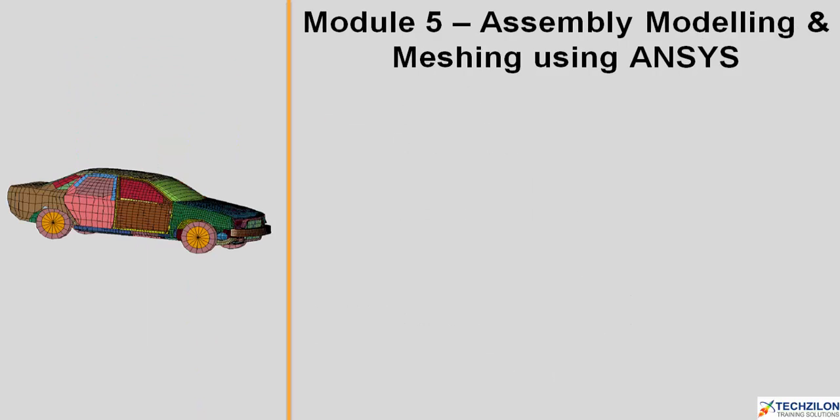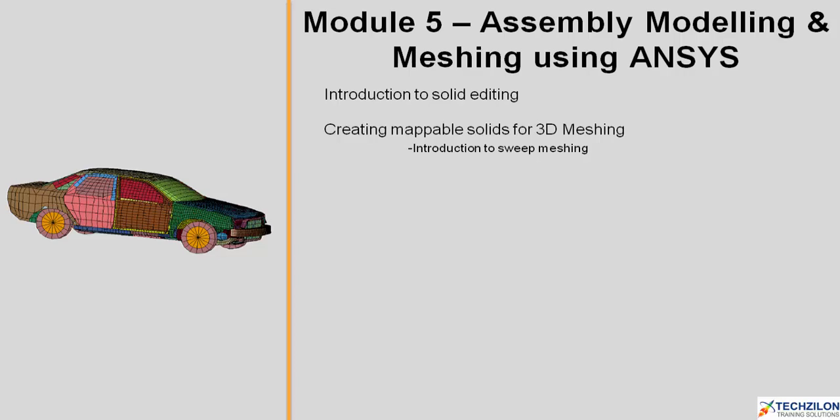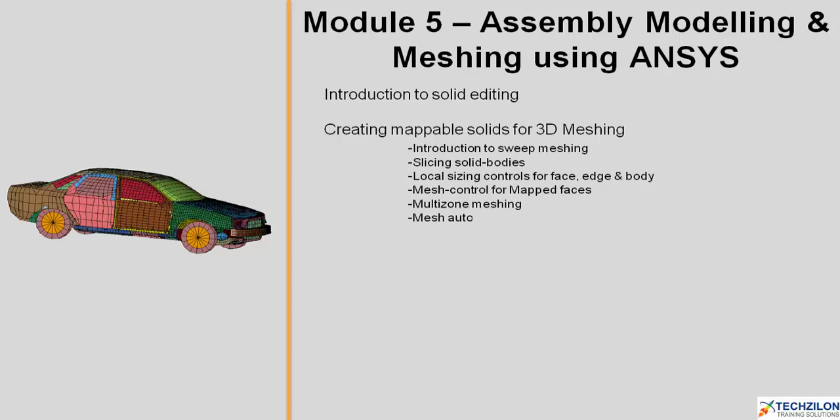In Module 5, we will be looking into assembly modeling and meshing using ANSYS. You will be introduced to solid editing, under which you will have creating mappable solids for 3D mesh. Here you will be introduced to sweep meshing, slicing solid bodies, local sizing controls for face, edge and body, mesh controls for mapped faces, multi-zone meshing, mesh automation, 3D hexa meshing techniques such as sphere, T-pipe, blocks with cuts, 3D